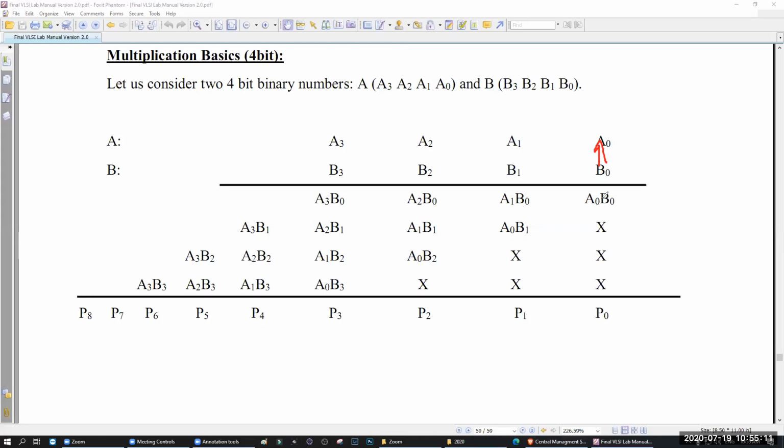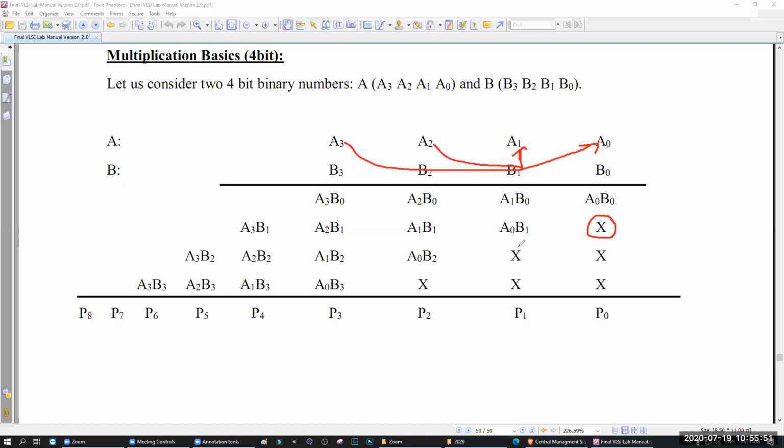Multiply these, they will come, right? This is the normal multiplication. Then you give a gap and start from here. Multiply. What will happen? A0 B1. Multiply, A1 B1. Multiply, A2 B1. Multiply, A3 B1, right? That you already know, the normal multiplication.